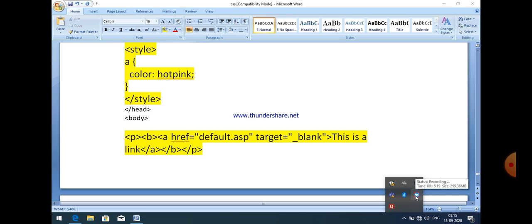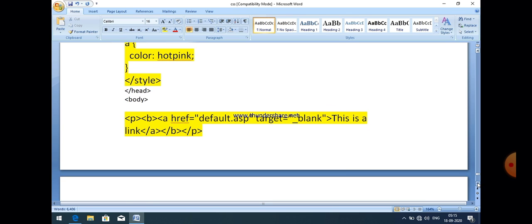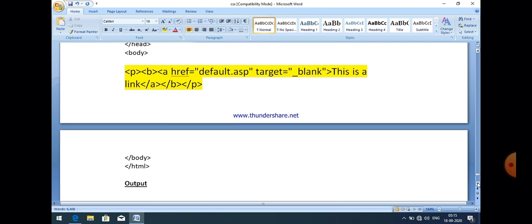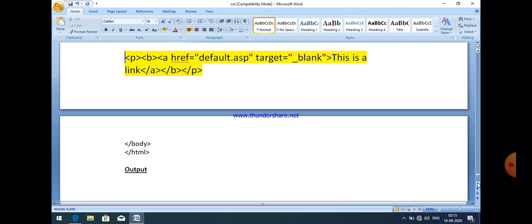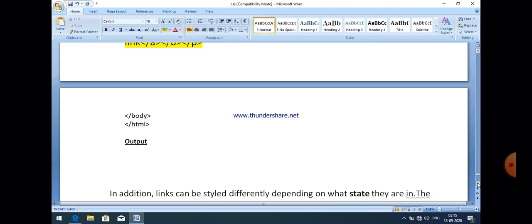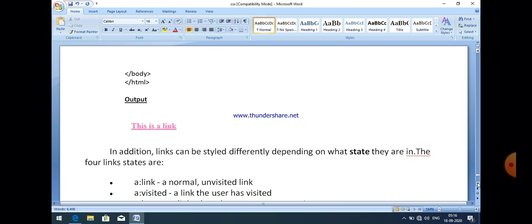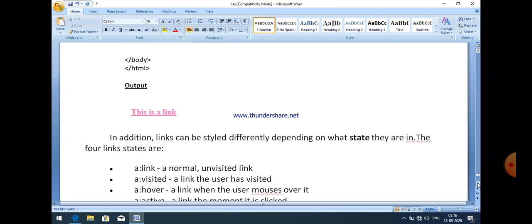So there is a page default.asp, and target is blank. It means it will open in a new window. So a link is there, and using CSS we just changed the color of that link, and now the color of the link is hot pink. You can see the output here. The color of the link is changed here.